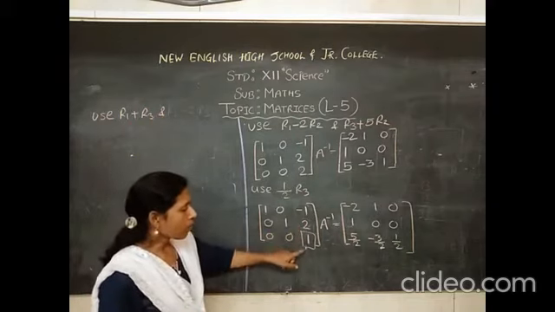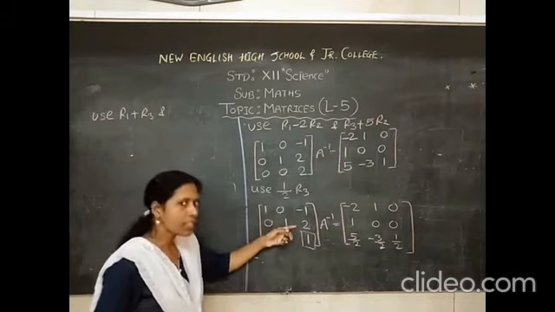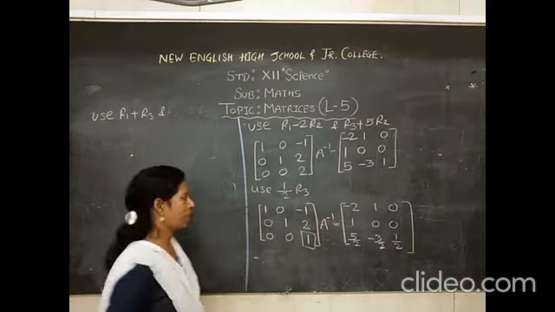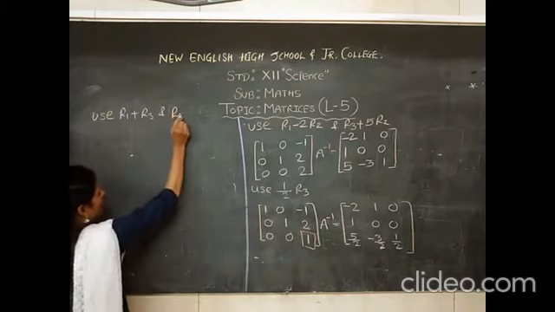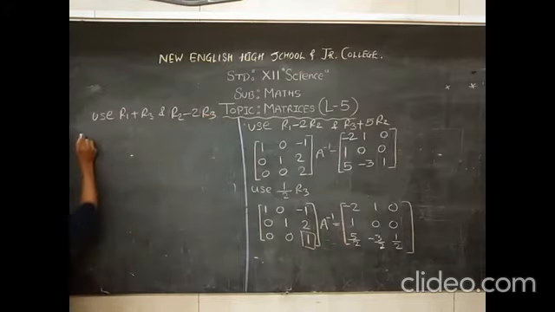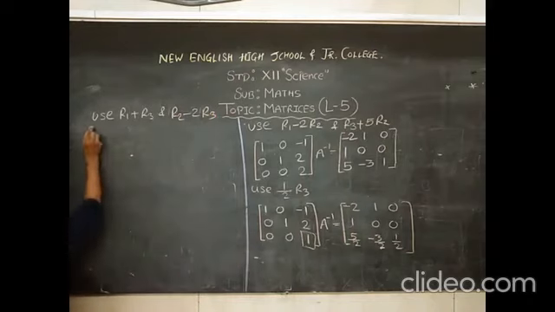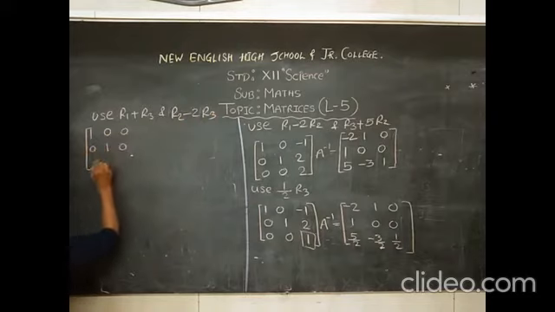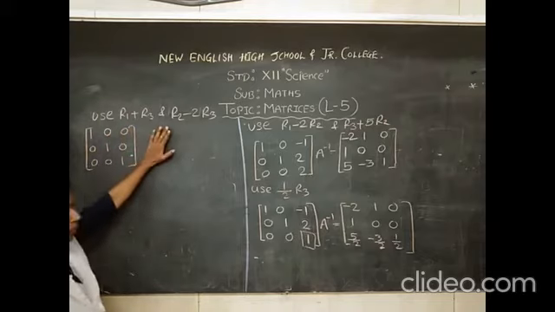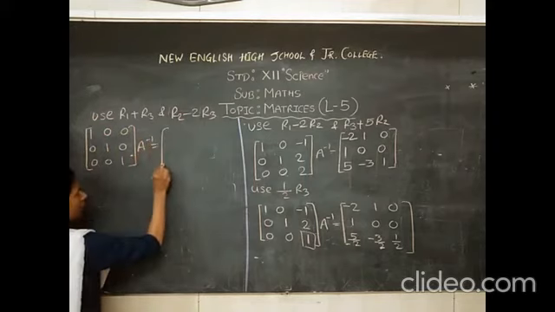And in the same step, we can make it 0. To make 2 into 0, I am taking help of 1, means 2 minus 2 is 0. So R2 minus 2 times R3. Okay? R2 minus 2 times R3. Let us make this change. And we know it is going to get converted into identity only. No need to calculate it. 1, 0, 0, 0, 1, 0, 0, 0, 1. Because to make identity only we have done this transformation. No need to calculate. Let us do calculation for the right hand side.